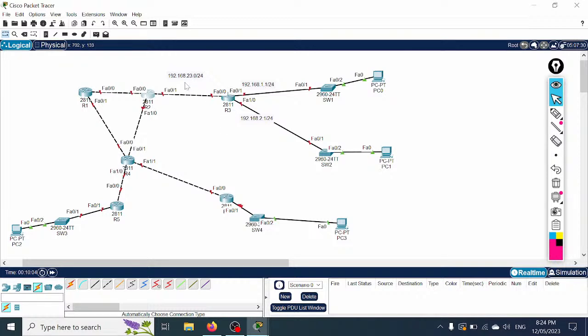You can give anything whatever you want, but here I am giving it in a simple manner, so you can easily do the troubleshooting also. So here we are going to assign to this interface FastEthernet 0/1 192.168.23.2, and here 23.3. This is the way we are going to use these IPs. So this one is finished, and in between, this is router R1, this is router R2. So in between we are going to use